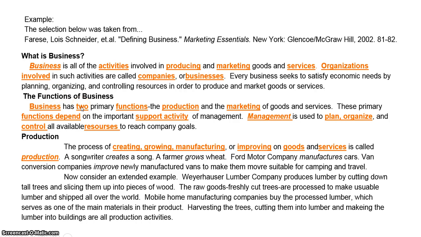There are two primary functions, production and marketing, and those things depend upon support activity, including management. Management plans and organizes and controls all of the resources to help companies reach their goals. So when we're talking about creating, growing, manufacturing, improving goods or services, that's production, and it's a key part of